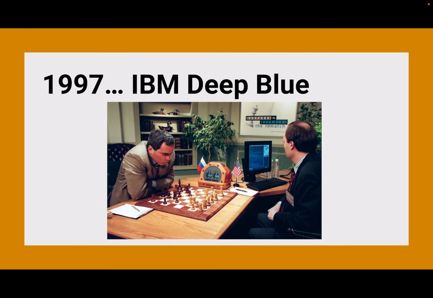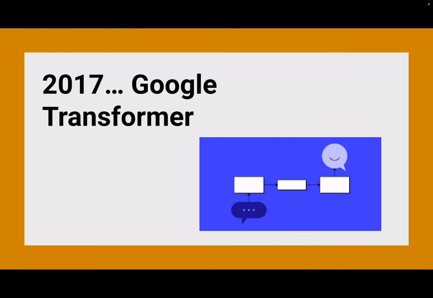And we jump ahead to 1997, and if you are a game fanatic like me, this is a big deal. In 97, IBM's Deep Blue beat the world champion of chess, Garry Kasparov, in the game of chess with several rematches to accompany it. And then we jump ahead a little bit more. In 2017, Google founded a lab to explore these deep learning algorithms and neural networks.